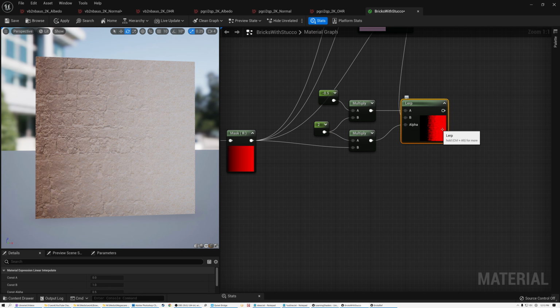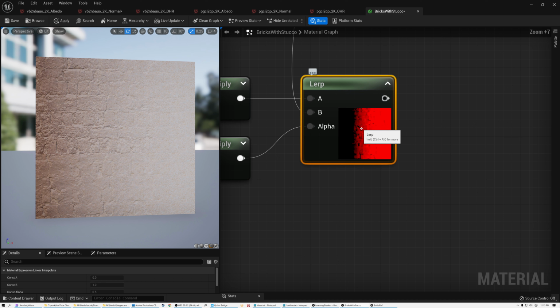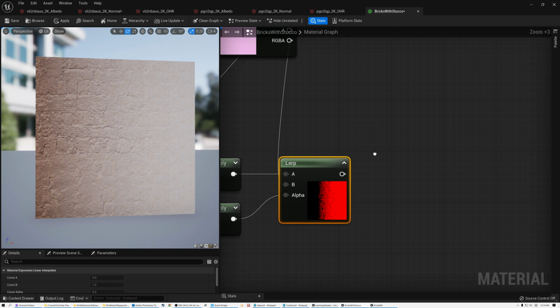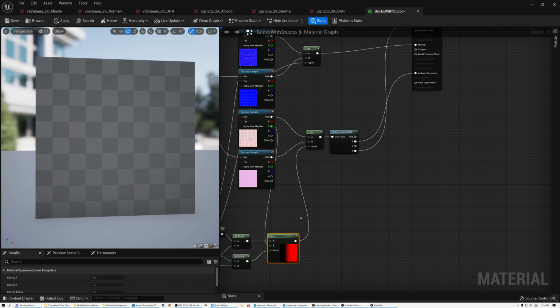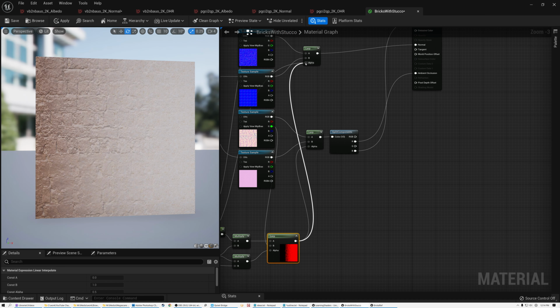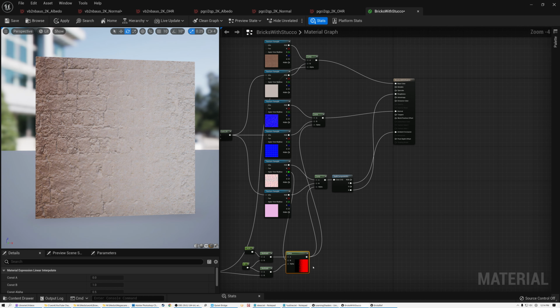And so now if we take a look at our result here, you can see that I'm increasing the contrast a little bit, and I'm also factoring in my height map. So it's going to expose the little cracks and crevices in the brick and allow the stucco to be applied on the tops of the bricks first, and then kind of get down into the cracks and crevices later. So if we take this mask and we use this instead of our nice and smooth mask we had before, now what you're going to see is